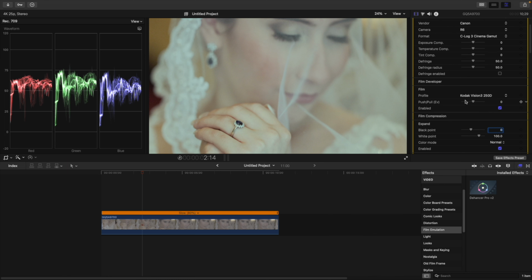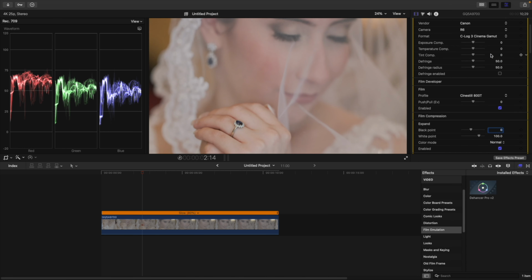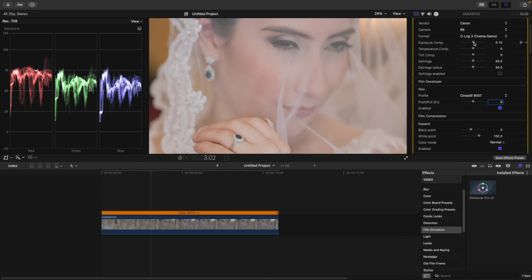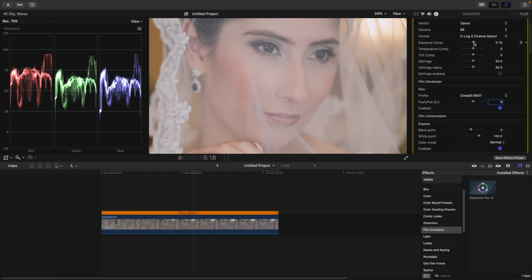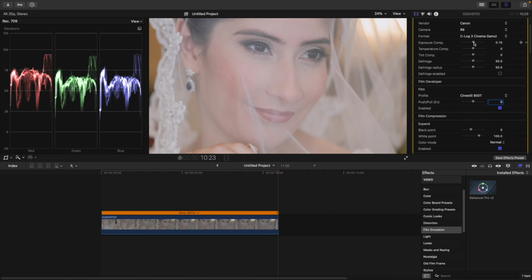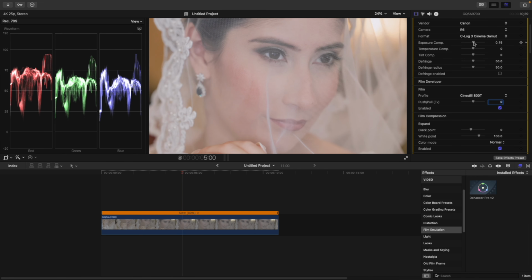But this one here, I am going to go up here and select Cinestill 800T. Now, again, same thing with 800T. You can push or we can pull. So for now, we're just going to leave this here in the center. You do have an exposure compensation that you can use, and you can kind of just look at that and see what that looks like. And right there, just changing the exposure compensation, just bringing it up just a little bit, and wow, this image